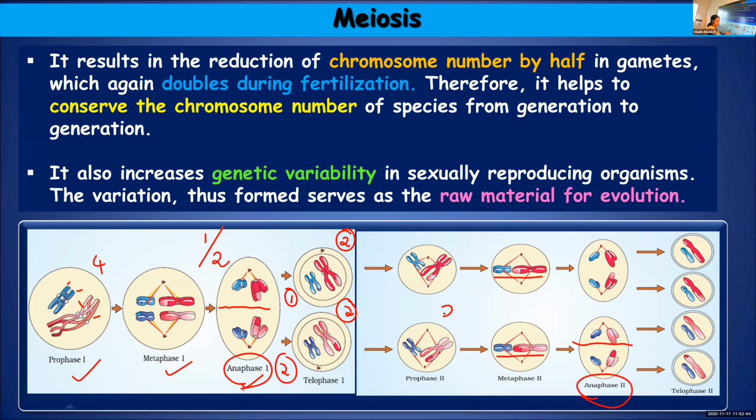And here we started with 2 chromosomes, and the daughter cells also will be having 2 chromosomes each. That is why we say that it is similar to mitosis. So altogether, as a whole, the cell started having 4 chromosomes,